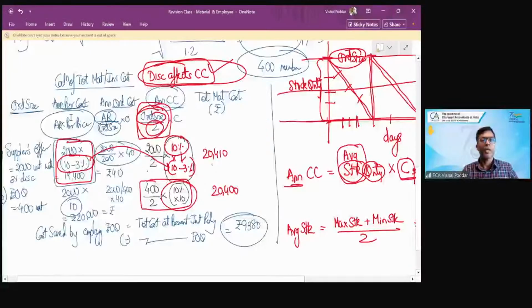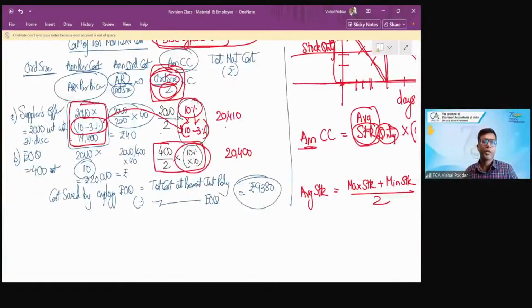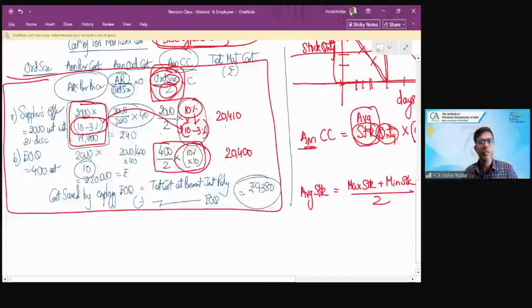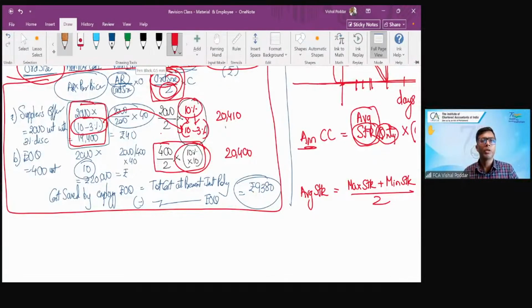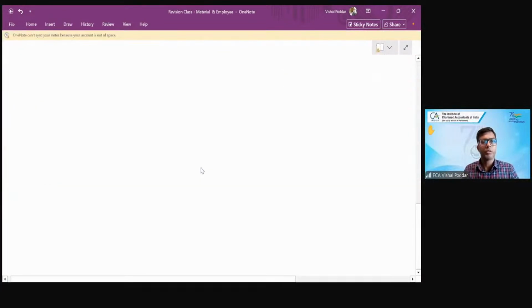What is trial and error? See, this same working I am going to repeat. What is the working? I have to find out my total material cost. How? By adding up these three costs. The only thing is, here I do not have one order size. I have multiple purchasing options. So I do the same working again with all the options given in the question so that I am able to determine which is the best option. Correct? So same working,